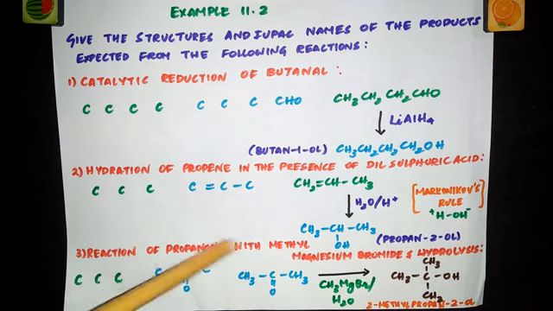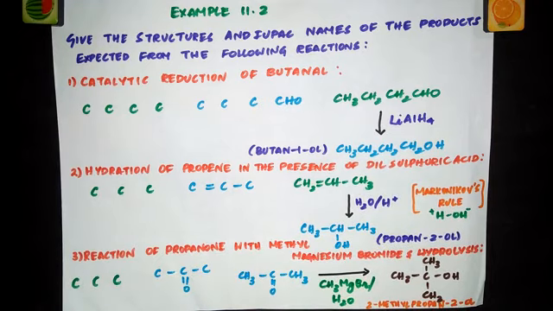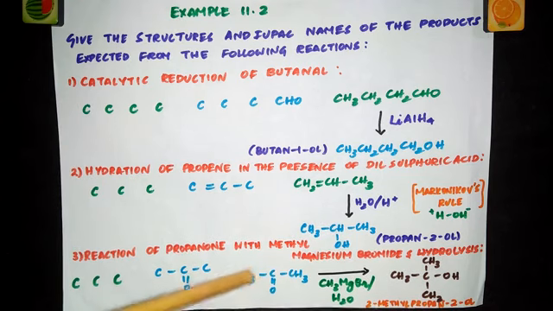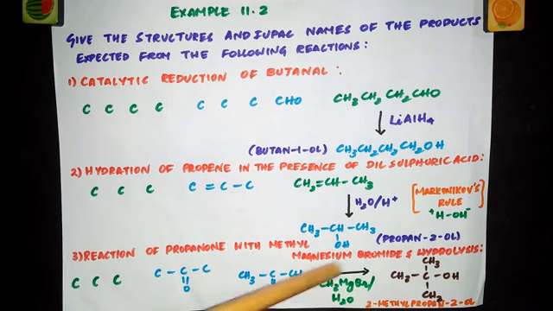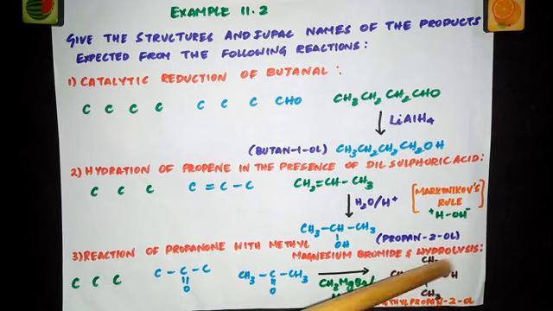Now you're going to treat it with methyl magnesium bromide and then followed by hydrolysis. What is methyl magnesium bromide? It is Grignard reagent. So we have learned when you take ketone and treat it with methyl magnesium bromide, which is Grignard reagent, and followed by hydrolysis, you will get a tertiary alcohol. So you already have 2 CH3 here. Another CH3 will come from the Grignard reagent. So this becomes OH. So C, CH3, CH3, CH3, OH.